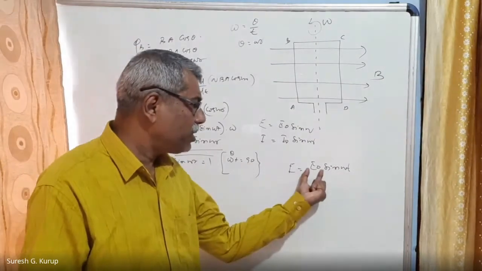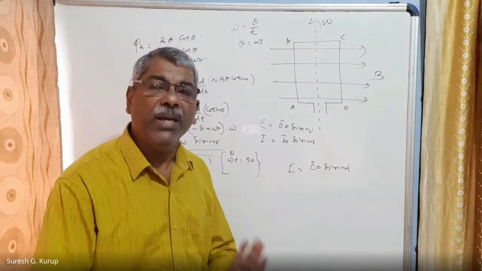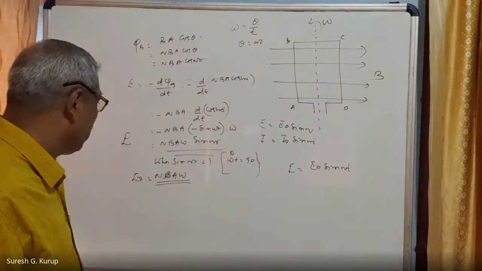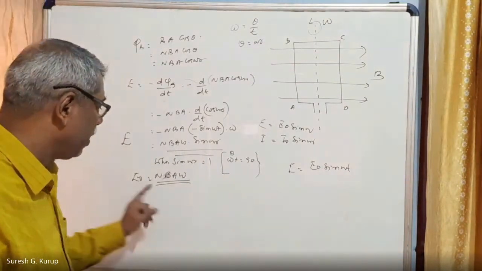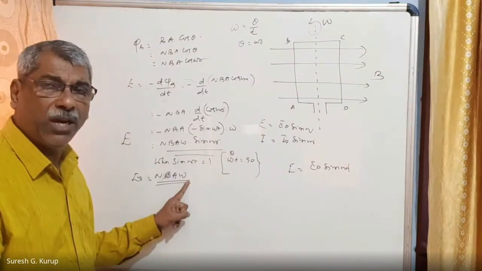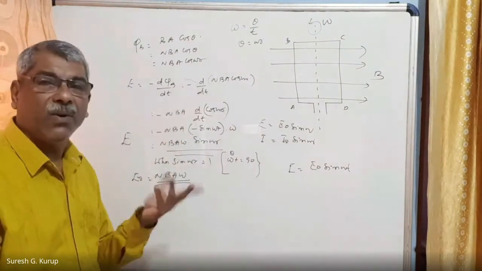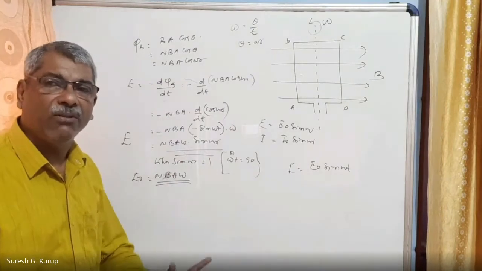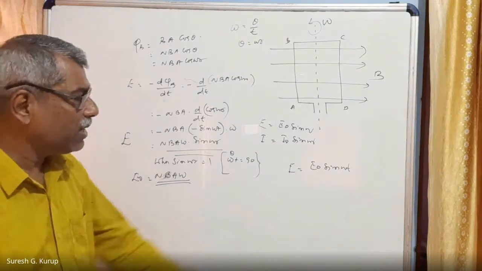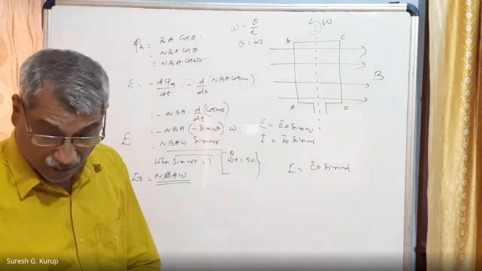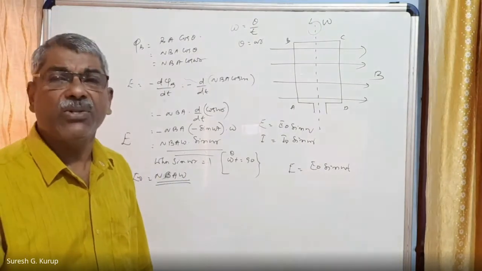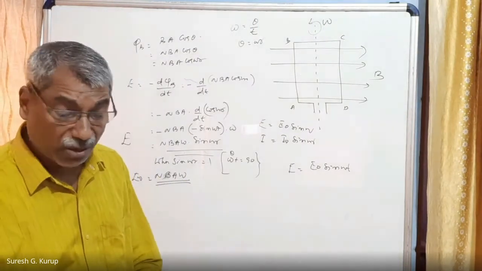And in this equation, E0 is called the peak value of EMF produced in the coil. Peak means the maximum value of EMF in the coil. E0 is equal to NBA omega. What is omega? The constant, called the angular velocity or angular frequency of the coil, the angular frequency with which the coil is rotating. E is equal to E0 sin omega t, where E is called the instantaneous EMF and E0 is called the peak value of EMF in the coil, right?